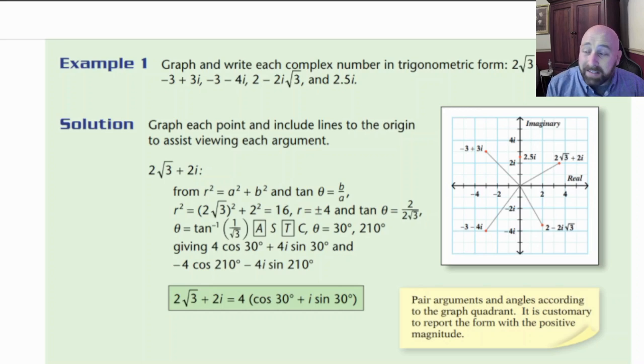Now, it's really easy to graph it, right? So we just make this the imaginary and this the real. And so we go over on the real, 2 square root of 3. Say, what in the world's 2 square root of 3? Just do it on your calculator, right? Type in 2 times square root of 3 and hit equals, and it will tell you what it equals. And then you just go over that many spaces. You say, what do you mean? It gives me an irrational number. You don't have to be perfect when you're graphing these, okay? Just get it close to where it goes. You'll see here that they have it somewhere just shy of 4. It's like maybe 3.5,